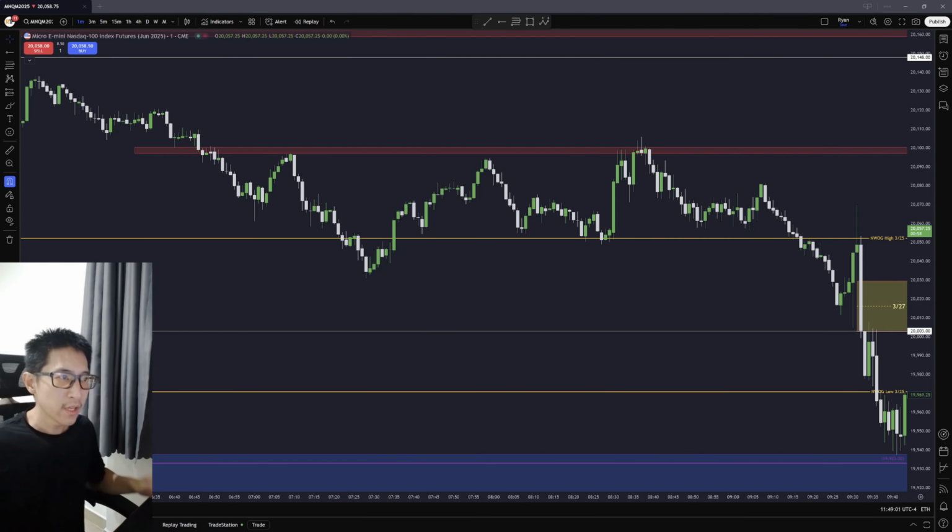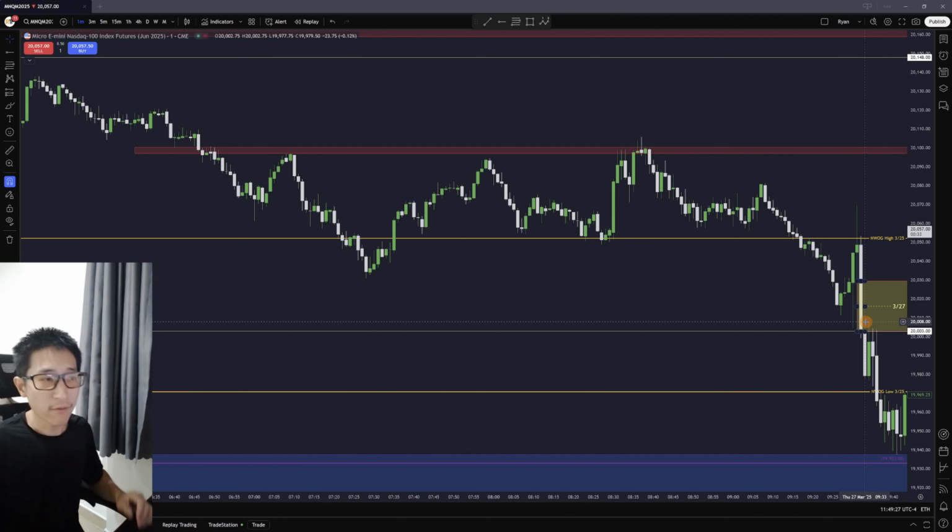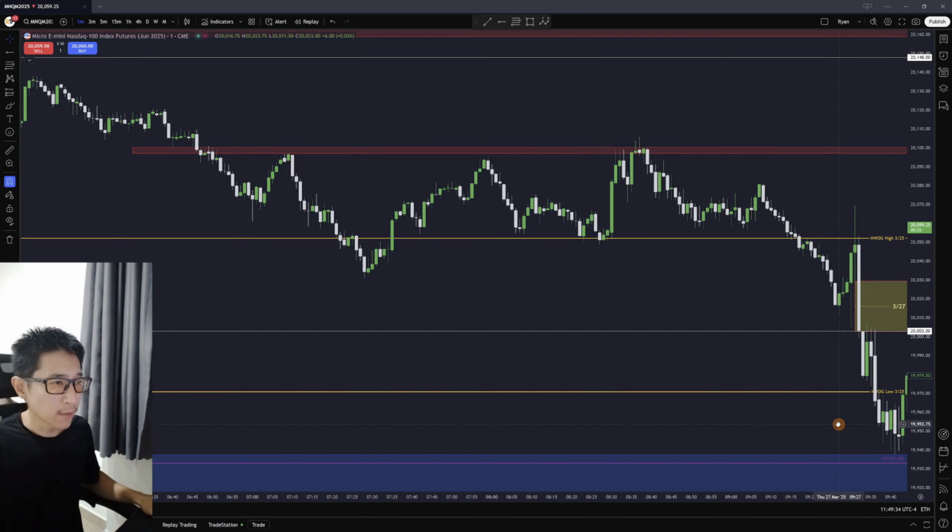Jumping into the 1-minute, I have this first presented fair value gap right here. It was a SIBI. Now, my idea was I think we could go down even more. But in order for me to actually want to get short, because we had already taken out a bunch of sell side, I want to see price go back into the first presented fair value gap. And then I want to see rejection and create a fair value gap and maybe even want a confirmation fair value gap for me to get short. So I was just waiting here after 9:30. Maybe I was thinking 10 o'clock we may have something.